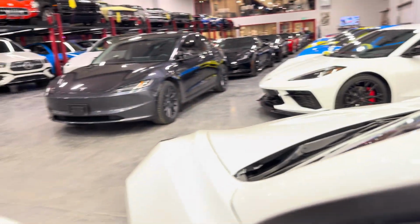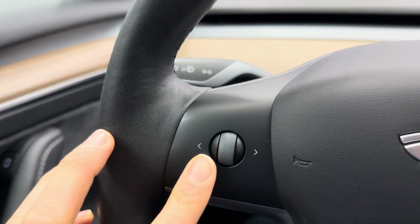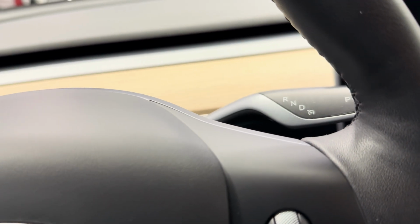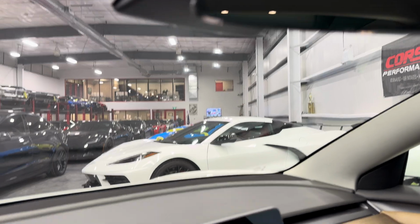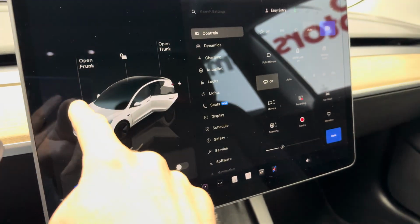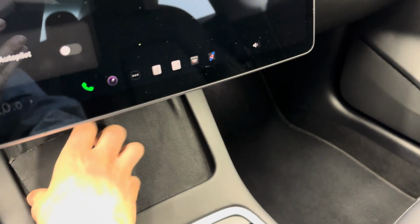All right, jumping in the car. It's got memory seats as well. Here's your windshield wipers. We've got the controls over here on the steering wheel on both sides. Here's your transmission controller. Up here we have your shade, or your rear view mirror. Here's the brains of the car, like I said. So everything's done from here. So you can open your front here, your trunk. We'll just get the key going here so we can